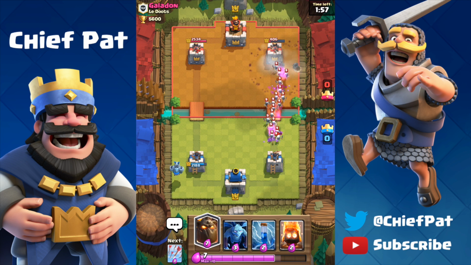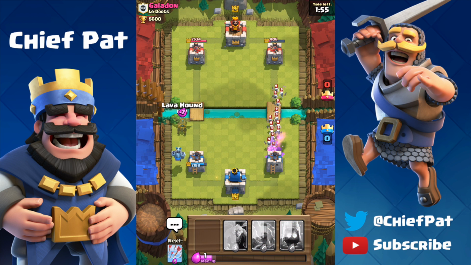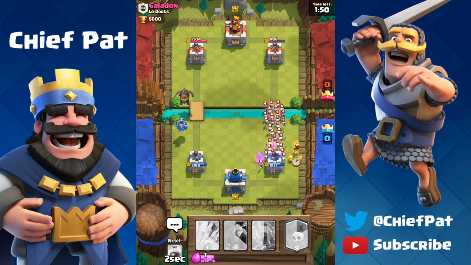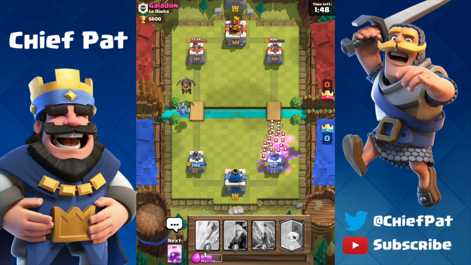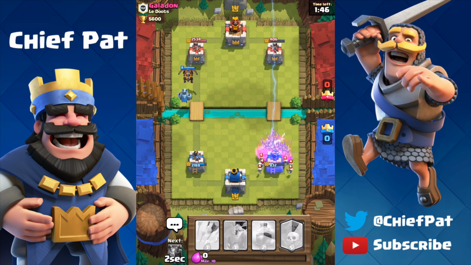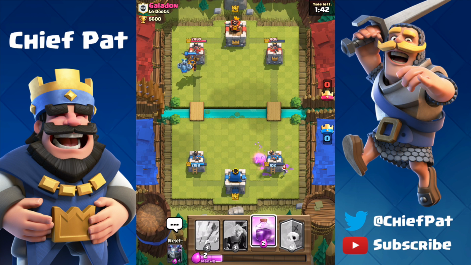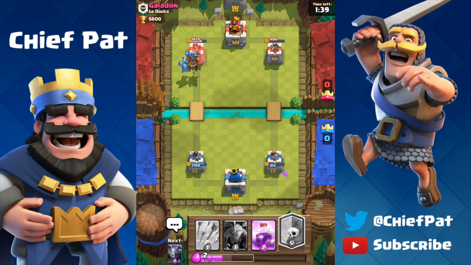Now, meanwhile, look at all of those skeletons. I have to do something to counter them. I played my Lava Hound instead. I was getting greedy, and I didn't even focus on his side of the map. So many skeletons coming at me, I don't even know what to do, and just like that, my tower is going to go all the way down. It might even die right here, and it's going to be just a single hit away at 102 HP,